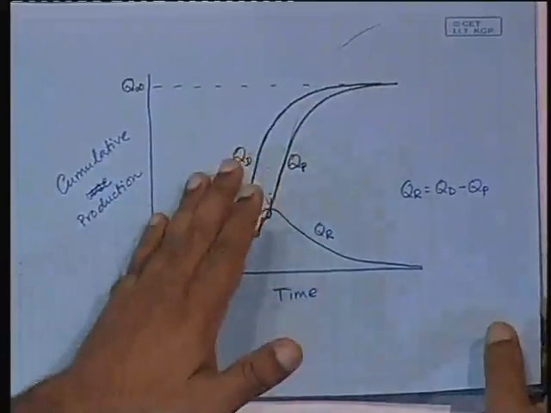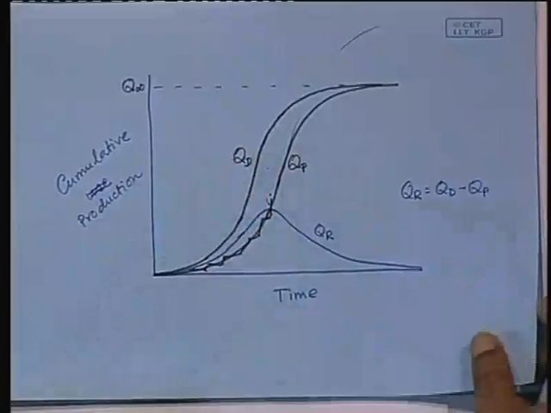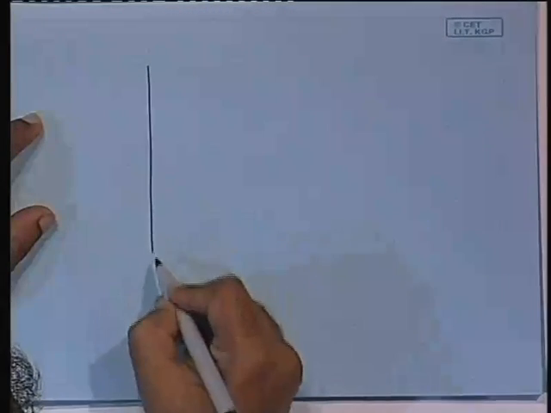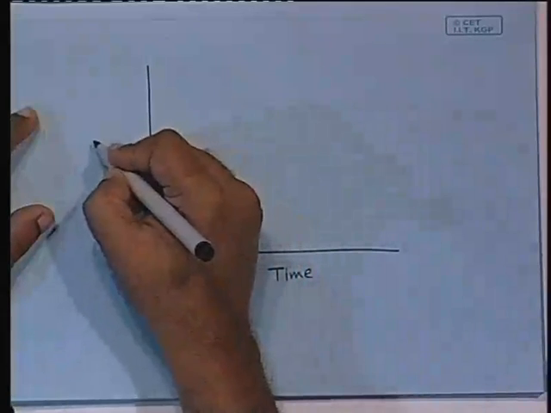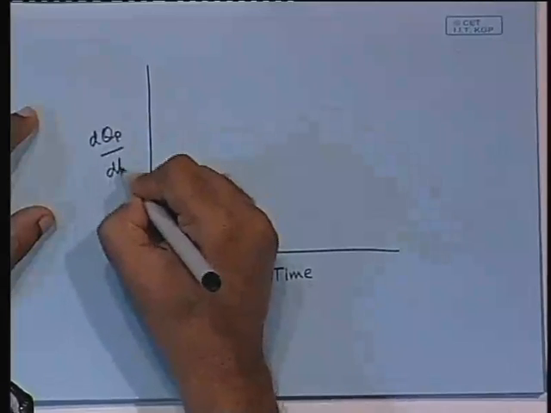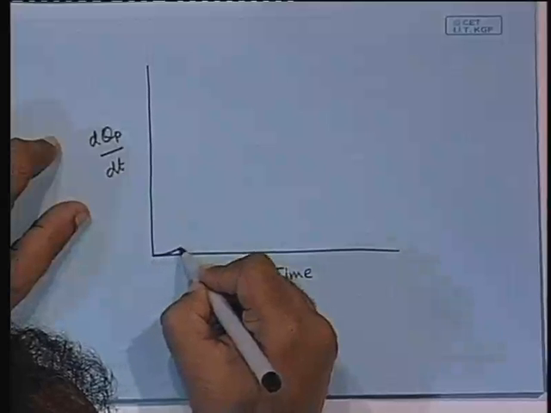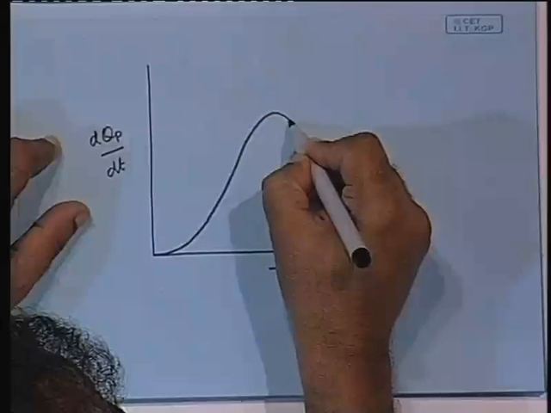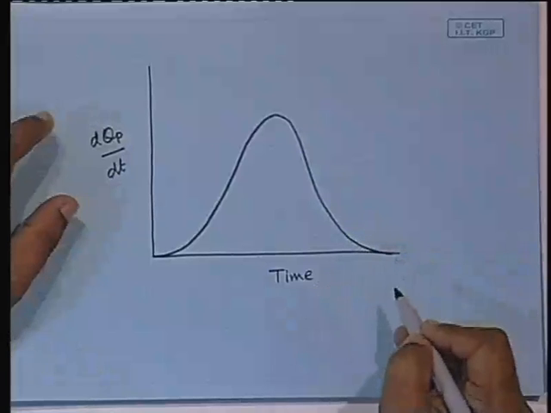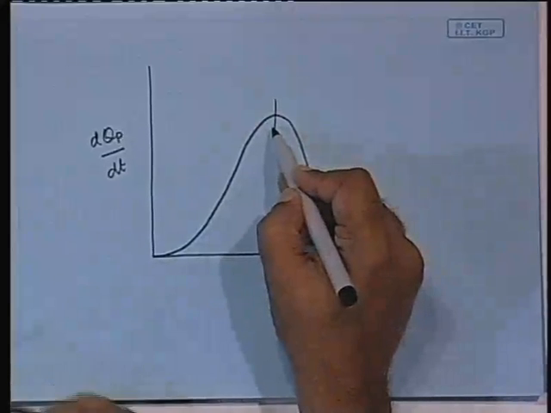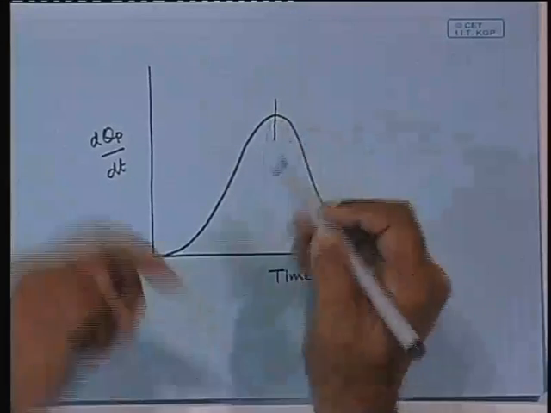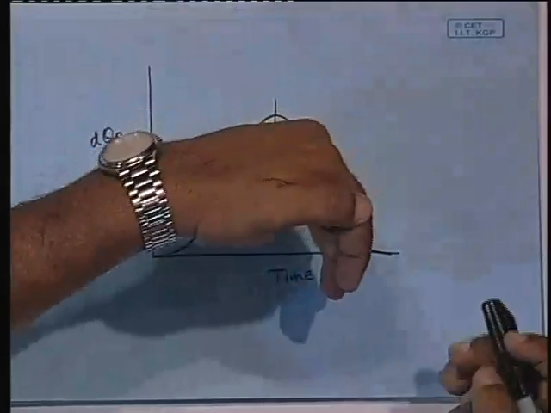Now, in that it will be more convenient to look at the derivatives, that means the rate. So, here is the time, and here I want to draw dQp/dt. We have already seen that it will have a bell curve. It is this point that is important, because this point shows that after that the production will drop, but